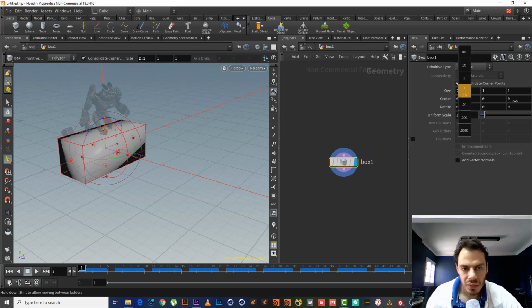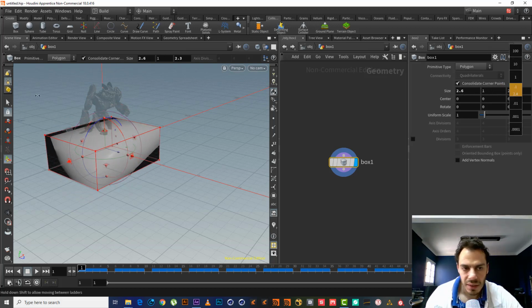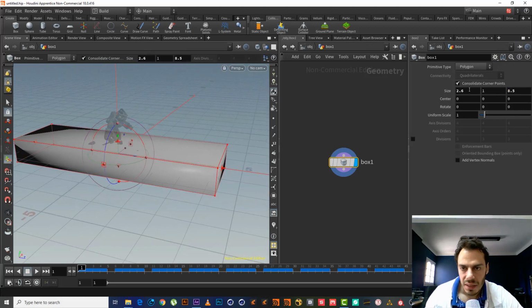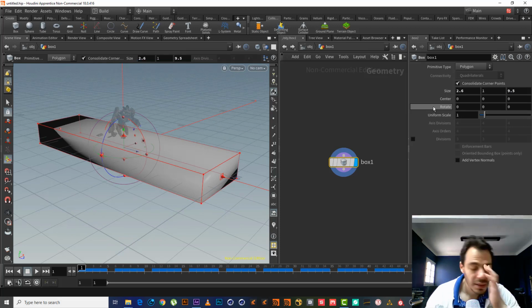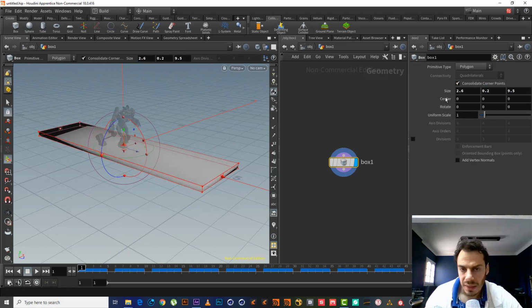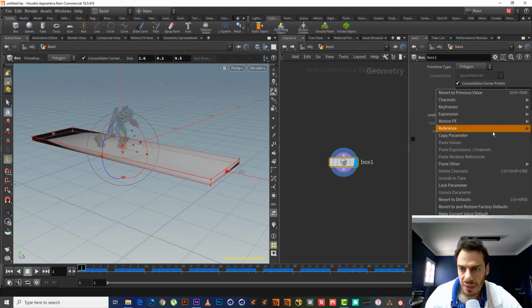I will start to, in the middle mouse, of course, use the middle mouse or the wheel button and go to left or right, okay. Here, let's say I'll make it like this, and I will move it in the Z direction. Okay, 0.2 is fine. I will copy this one, copy parameter,